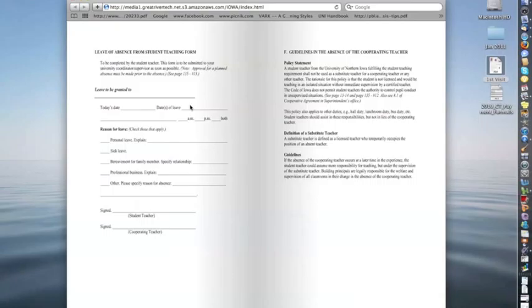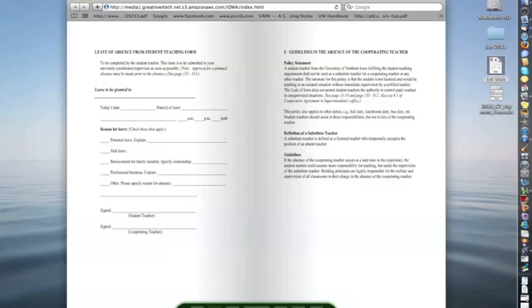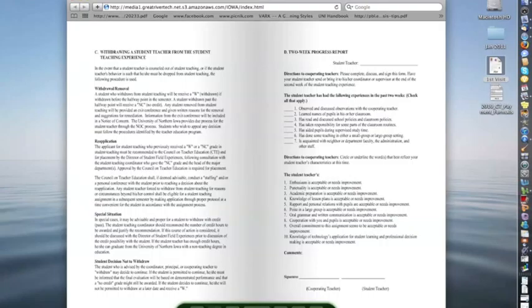This can be filled out ahead of time if they know of a particular time that they're going to be absent. If they're sick, they will probably fill this out after the fact, and then I will pick that up at the next visit. Okay, turning on to the next page in the handbook, page 39, this is the 2-week